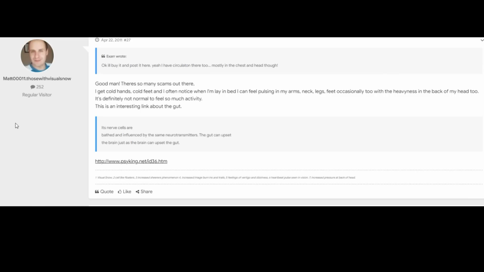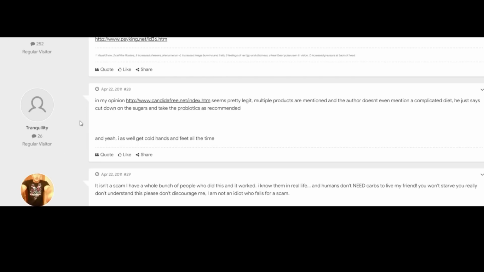I get cold hands, cold feet, and often notice when I'm laying in bed, I can feel pulsing in my arms, necks, legs, feet, occasionally too with the heaviness in the back of my head too. It's definitely not normal to feel so much activity. This is an interesting link about the gut. And then Tranquility says, in my opinion,